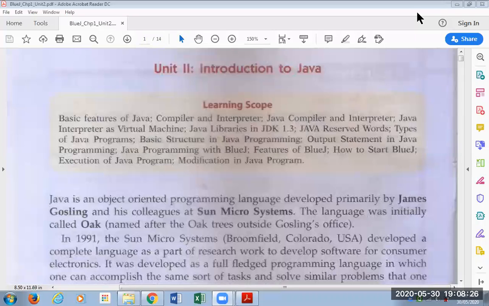Please check, Shrutika. Hello, Shrutika. Please unmute yourself and reply.